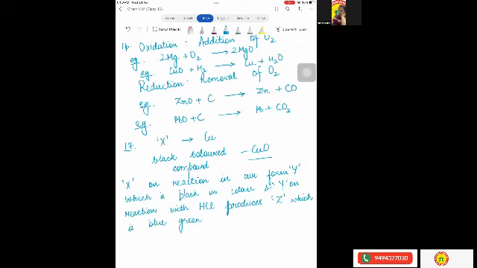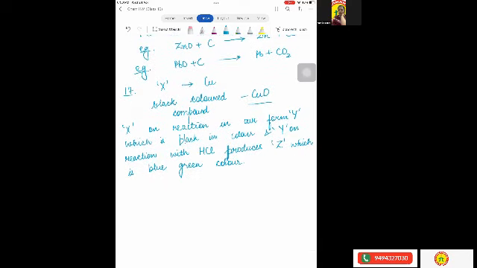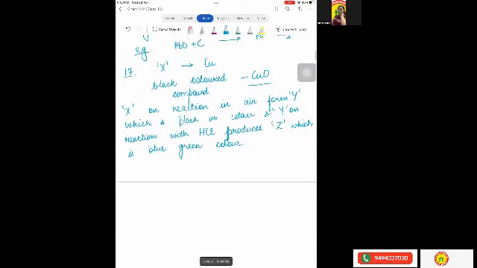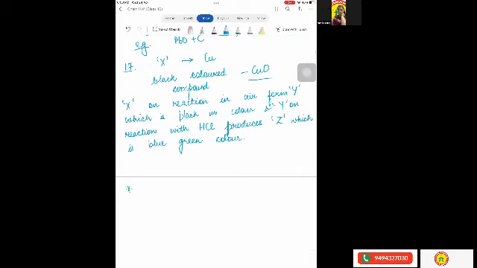There were 3 questions for this. First, we have to identify X, Y, Z. Then we have to identify the type of reaction, and then we have to write the reaction. So we will start with writing of the reaction. Then it will involve everything. So what will be the first reaction? The first reaction would be